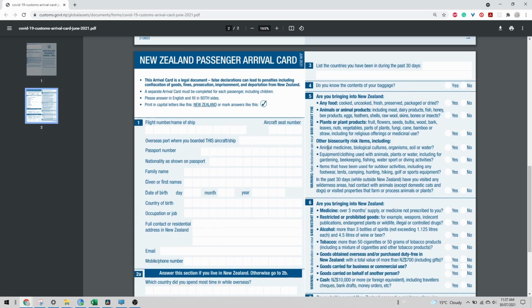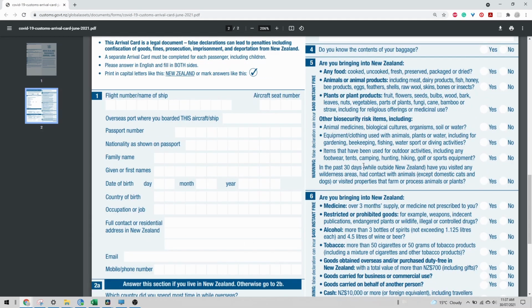And then sections number 5 and 6 are the most important sections, where you can be fined starting from 400 New Zealand dollars. So let's see how we fill the sections. The first one is: what are the things that you are bringing to New Zealand? Food. We shouldn't bring cooked or uncooked or fresh food for sure, but if you are bringing preserved food like pickles